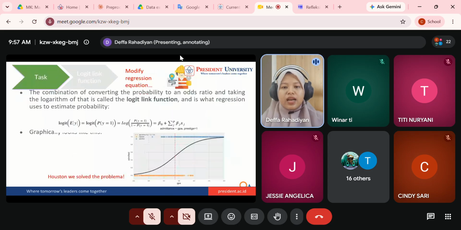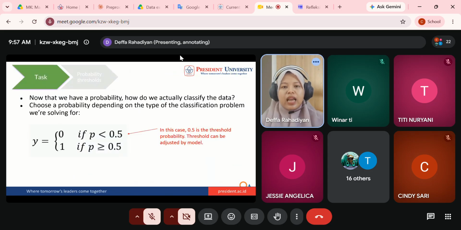After that, the question is, ma'am, for example, if 0 is rejected and 1 is admitted, what if our output range is between 0 and 1, for example 0.5, 0.3, or 0.6? In this case we apply thresholding.